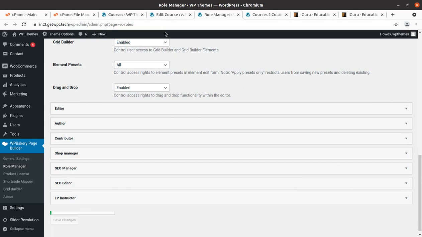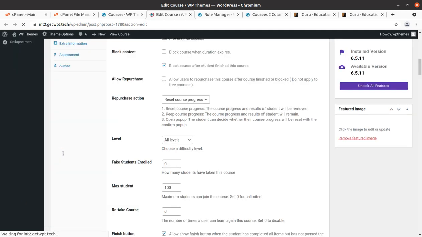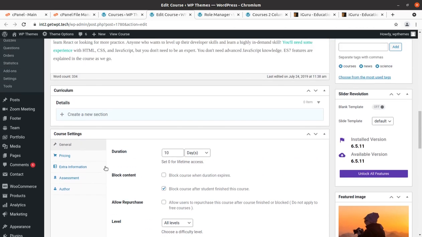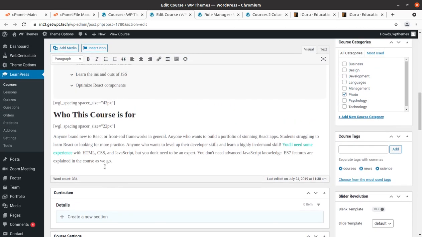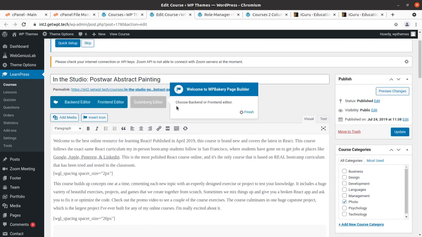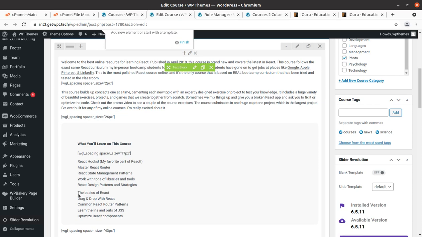I have enabled this, and I am refreshing to check. Okay, so I have enabled the WP Bakery page builder for this page only, and you can use the backend editor, and now you can see the backend editor is here.